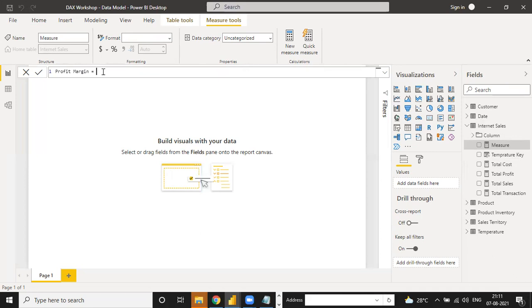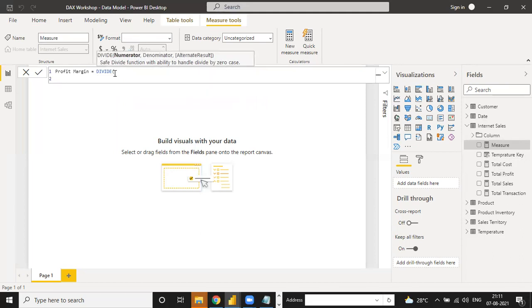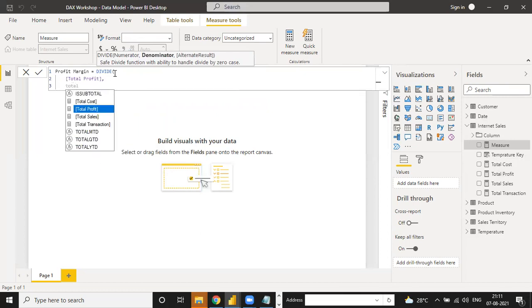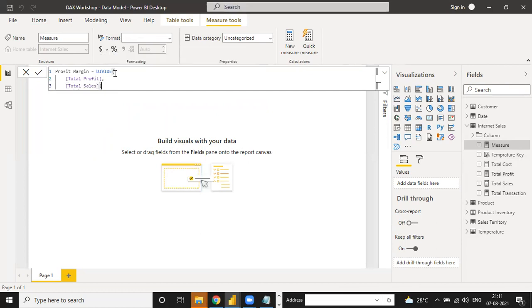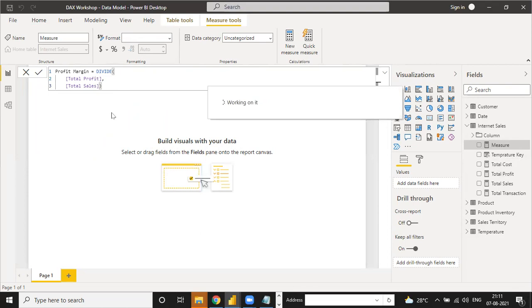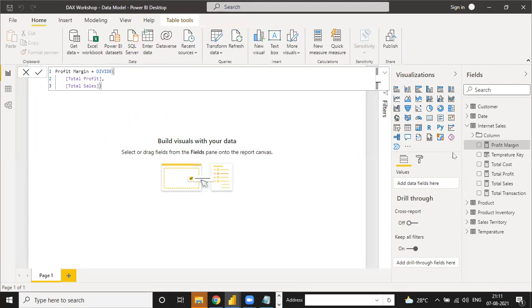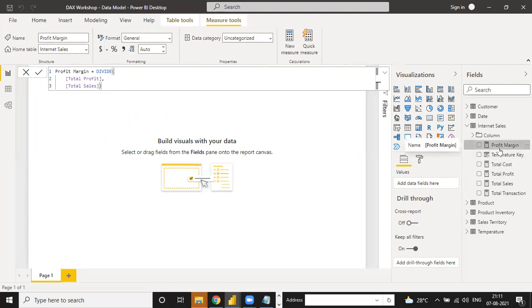It's a DIVIDE function. And what is the numerator? Numerator is profit, and profit is total profit. Comma. What is the denominator? Total sales. Close the bracket and enter. See, profit margin is already ready. So we have all five measures.